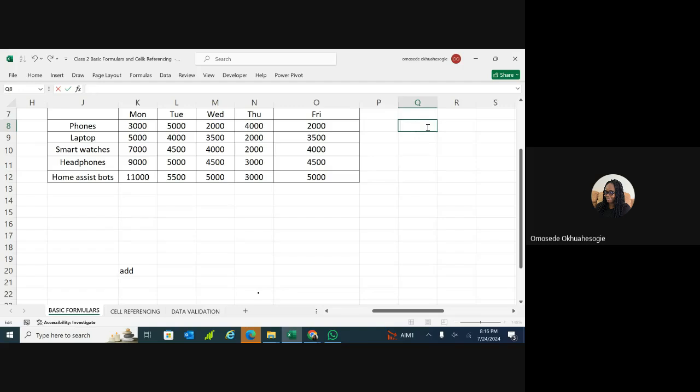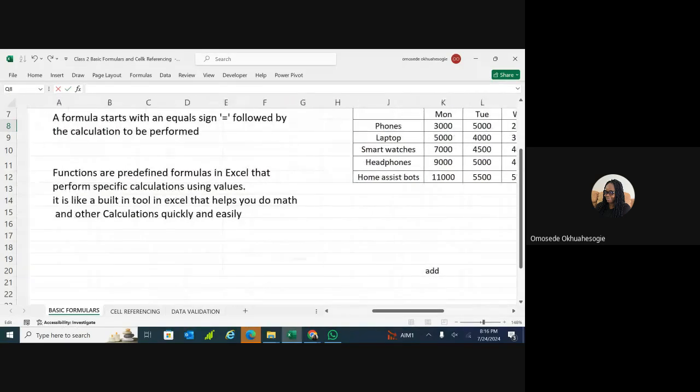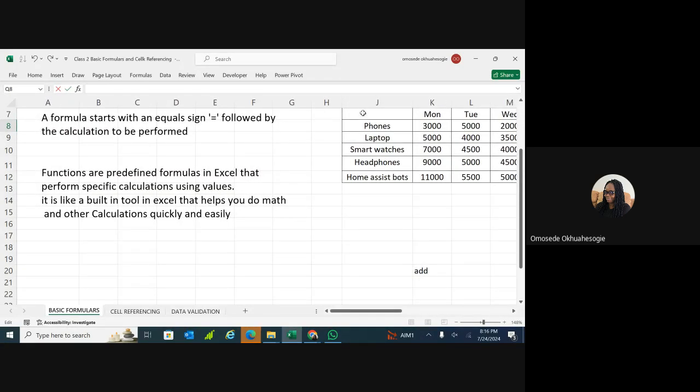Let's go back to the definition of functions so you guys understand what I'm saying very well. Functions are predefined formulas in Excel that perform specific calculations using values. So a function is a predefined, take note of predefined,